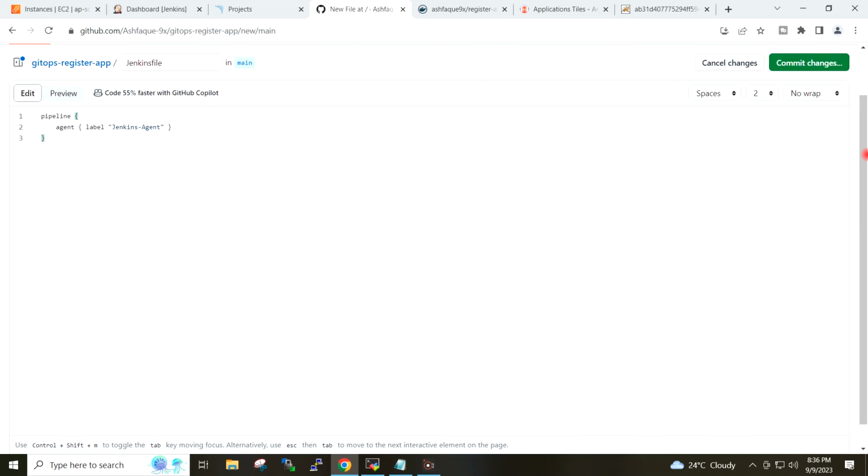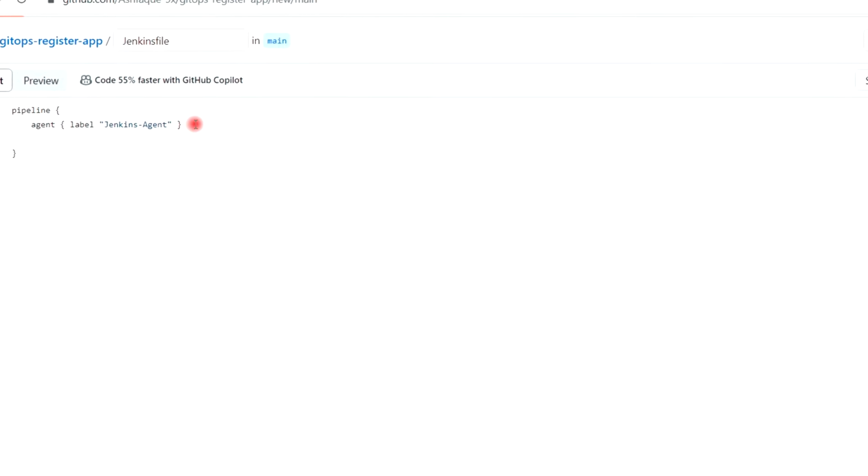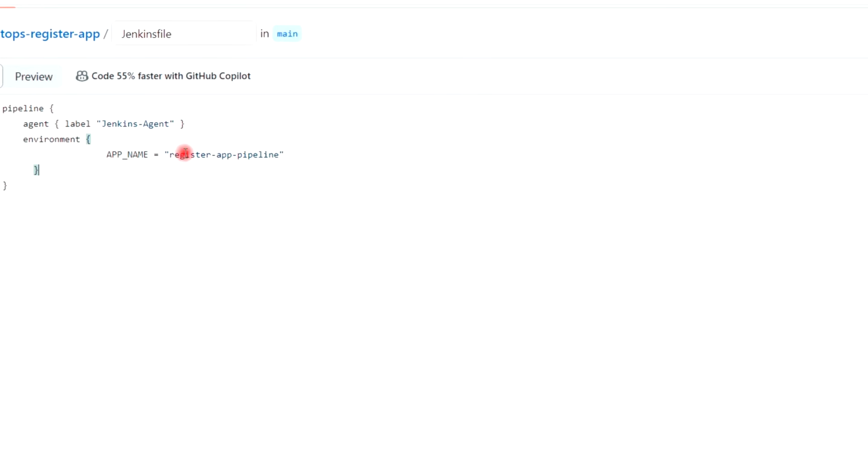Then I will define the variables. So I'm giving the one environment variable, which is the app name, and our app name is register app pipeline.